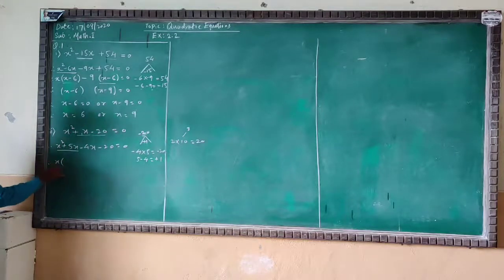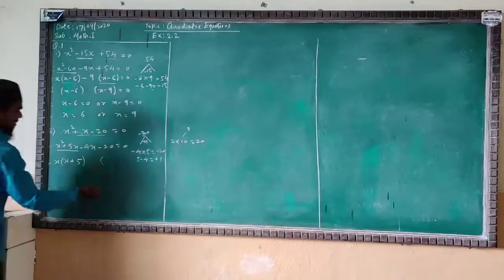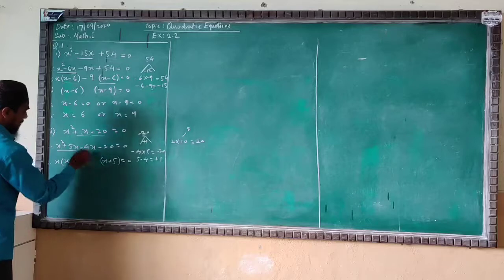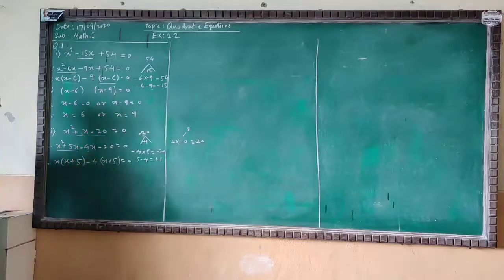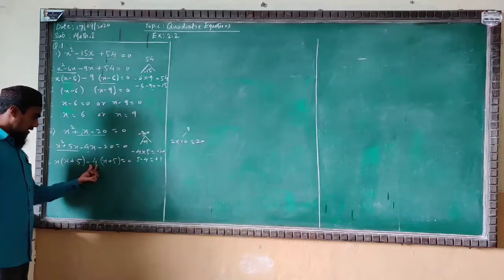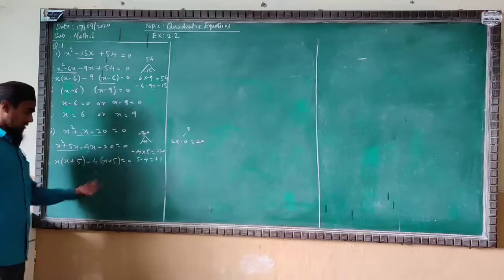Now take the x as a common, we keep inside x, power 2 is there, 1 out, 1 inside. Now here the 5 will be as it is. We will repeat the first bracket. In the second bracket, x plus 5 equal to 0. Here we take the minus 4. See, here we will check whether we are correct or not. Minus 4 into x we will get minus 4x. 4 5s are 20, plus minus minus 20. We are correct. Now continue.